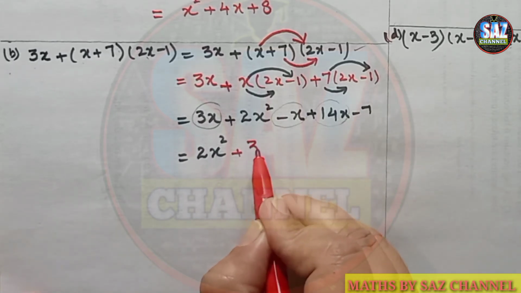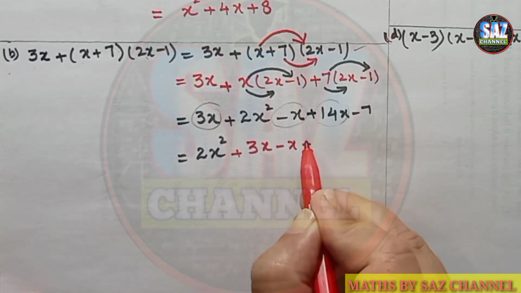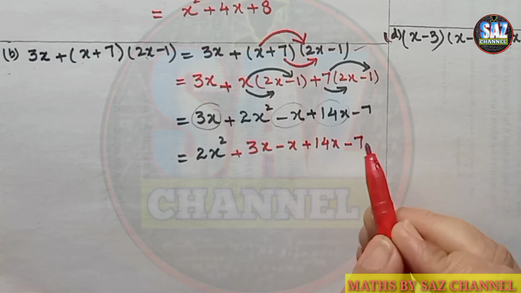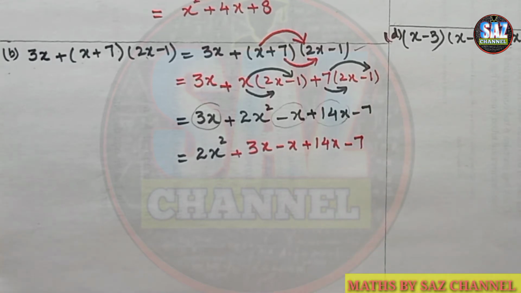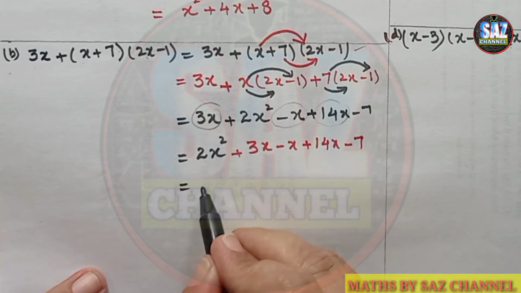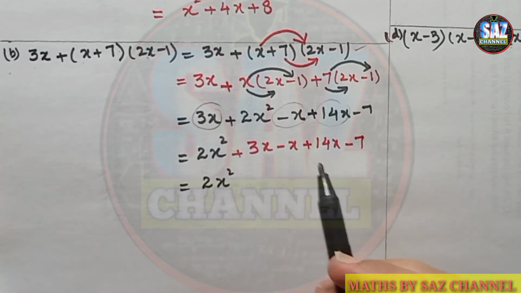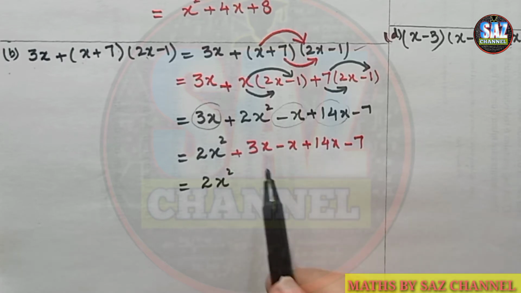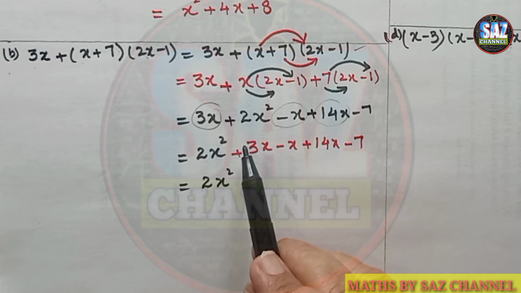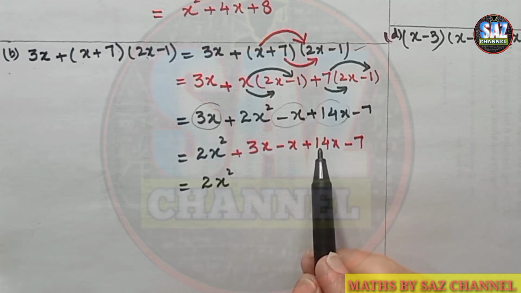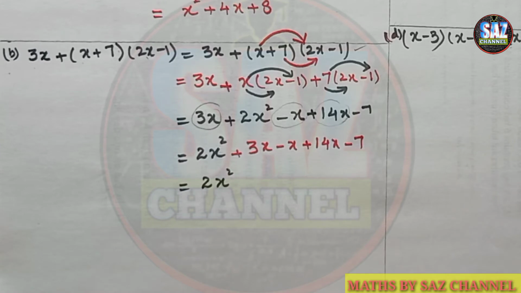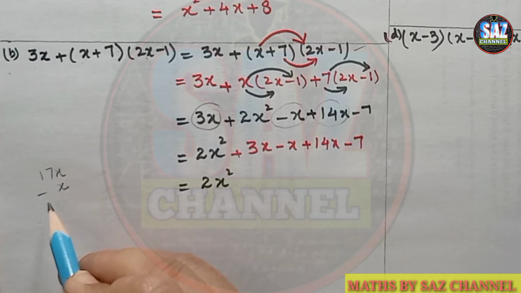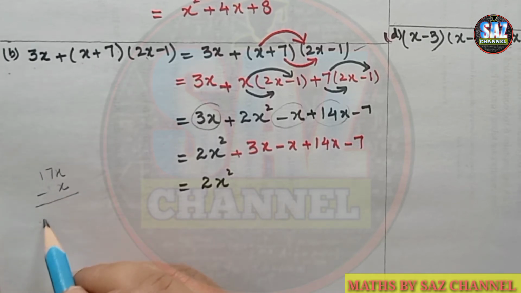Plus 3x minus x plus 14x, and 7 is also alone, a constant, so let me bring it down as it is. And now 2x squared, now it's up to you. 3x, minus x, plus 14x are the like terms with the same positive sign. Either you can add 14 with 3, that will give me 17x, and then you can take away x from that, and that will give me 17 minus 1 is